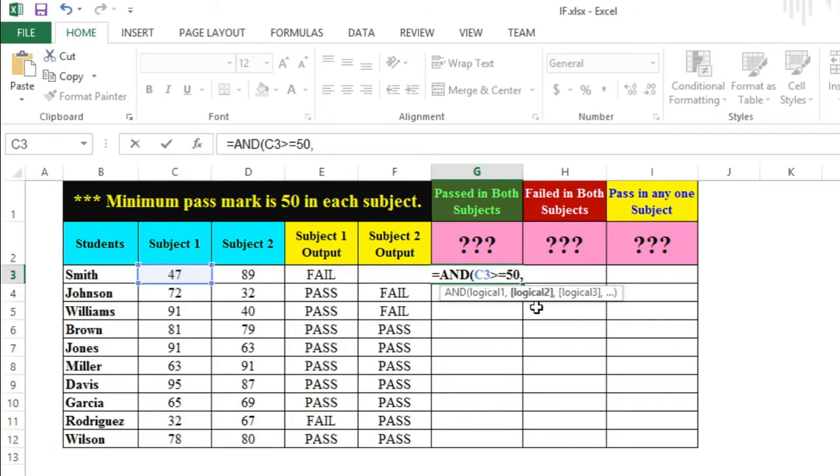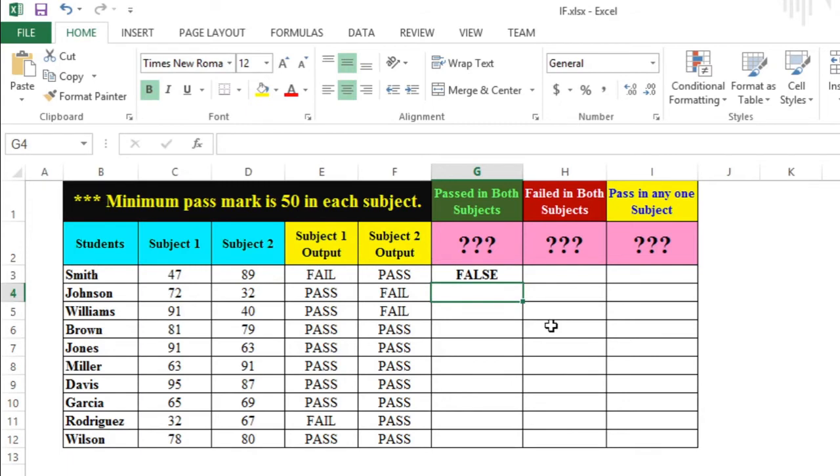It is asking for arguments, logical 1. Select cell C3 and type the logic, which is greater than equal to 50. Note, it is again asking logical 2, a small information: you can provide 255 logical tests in this function. Select cell D3 and type greater than equal to 50.